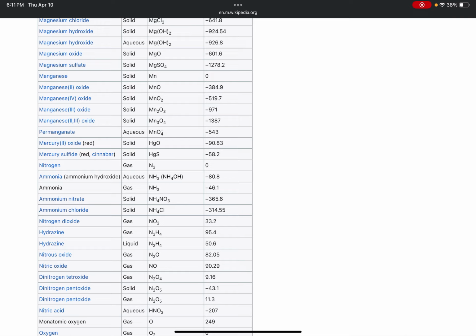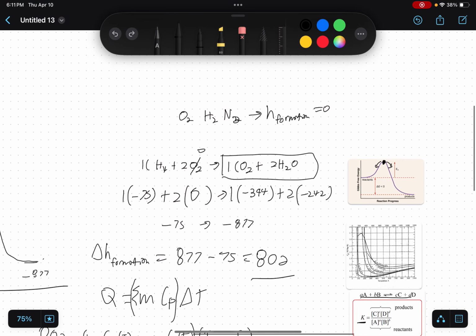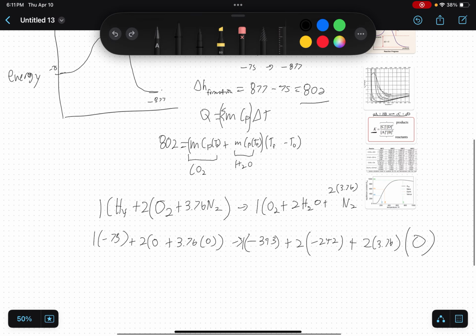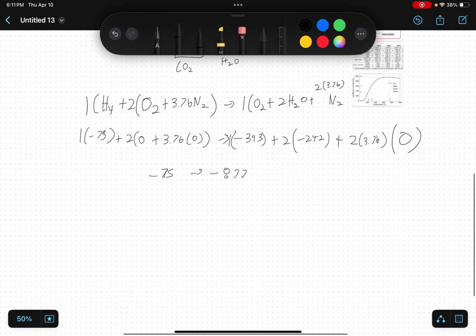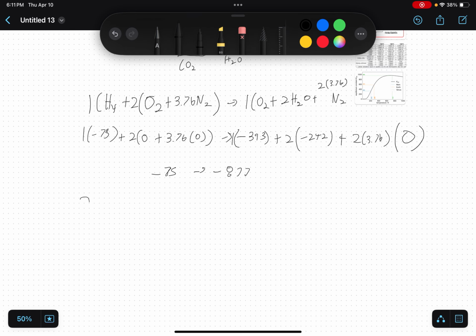Nitrogen, N2, 0. Cool. So we got this. So what are we going to end up with? Well, we're going to end up with the same stuff as before. Negative 75 goes to, what was it, negative 877? Yeah, 877. Then we're going to get 802